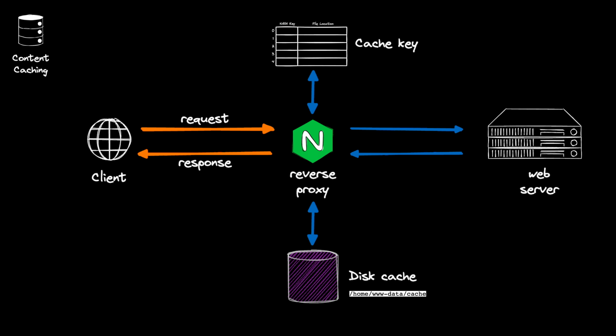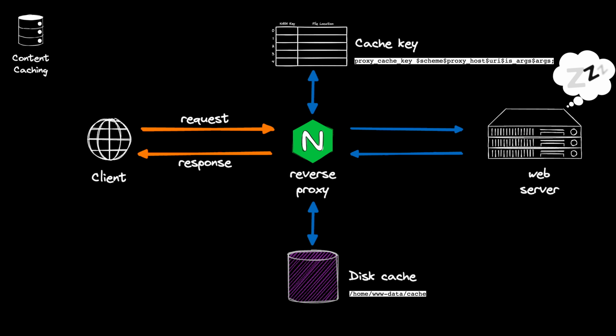Content caching. Another interesting option is Nginx caching. With caching, the HTTP responses are saved to a disk cache and later on are used to respond to subsequent client requests without the need to call the backend servers again. The caching is defined based on a cache key, which includes the hash value of some of the request variables. For example, those can be the scheme, the Authorization header, the URI and the URI arguments.